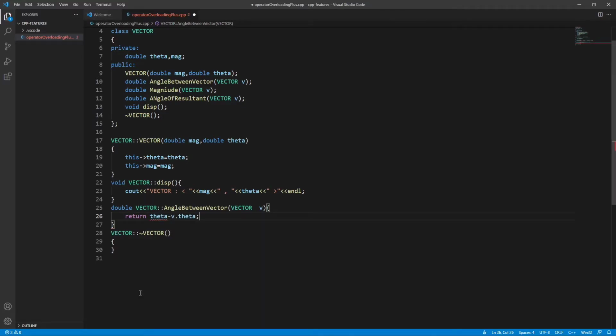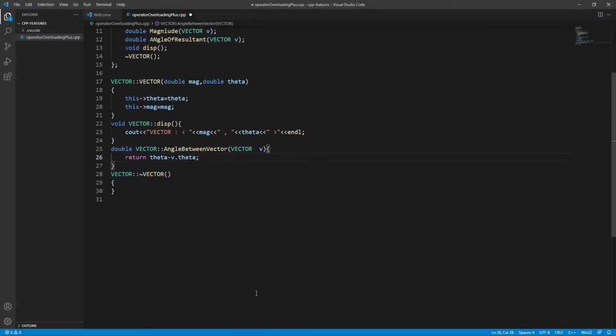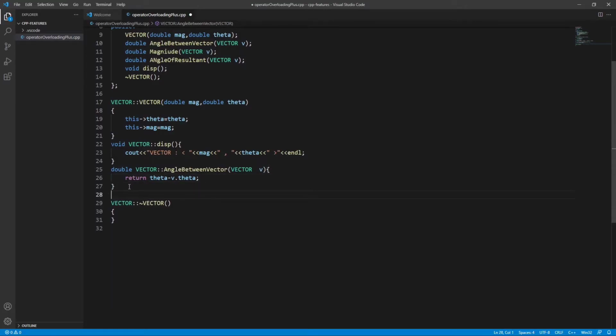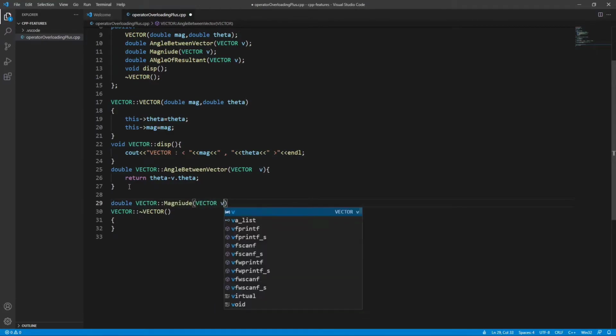So this will find the angle between them. Okay, now let's go for another function, that is double vector, and here it's magnitude, and here also we'll pass vector v.